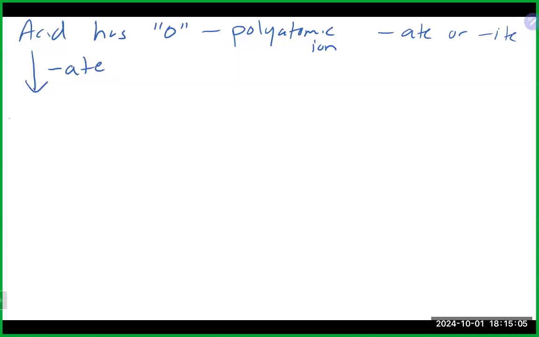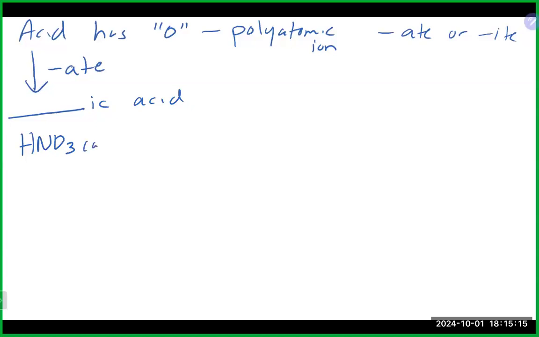And if it does, it will contain one of our favorite things that we just looked at, which is a polyatomic ion. And as we just talked about, those polyatomic ions pretty much end in ate or ite for the most part. And if you do have oxygen in there, it is going to be that polyatomic ion which helps you determine how you go about naming it. So if it has oxygen and your polyatomic ion ends in ate, the acid is something ic acid. So for example, if we look at